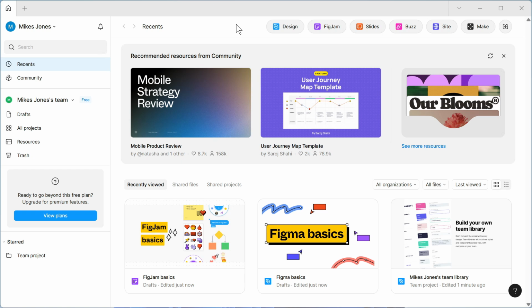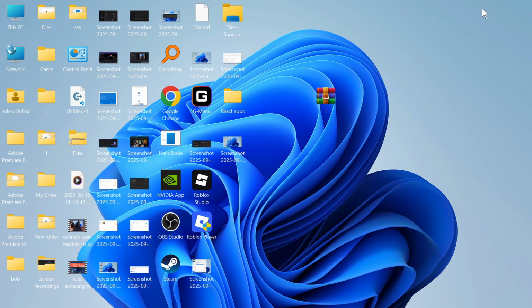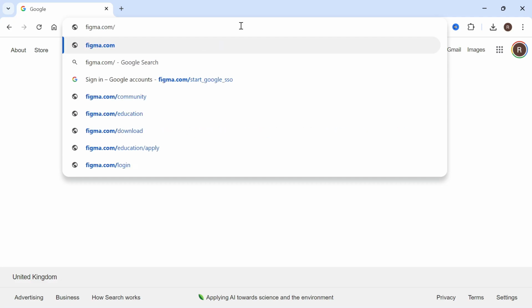In this video, I'm going to show you how to install fonts in Figma. So the first thing you need to do is go and open up an internet browser, and we need to head over to the website